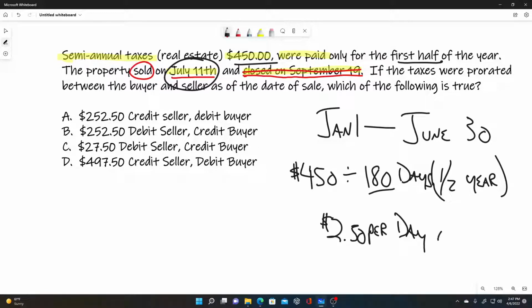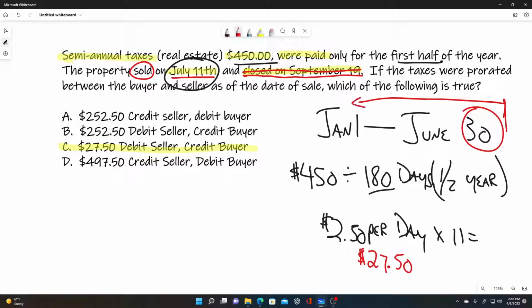Now, if it closed on the 11th, we basically just have 11 days of taxes to prorate. So $2.50 times 11 days gives us $27.50. And the only possible answer with that is a debit to the seller and a credit to the buyer. That is correct. Remember, taxes are paid in arrears, so when that first tax bill was paid, you were actually paying from January 1 through June 30th. So if you're closing on July 11th, you would have 11 days of taxes, and that would be a debit, a charge to the seller, and a credit to the buyer, and the buyer would pay that at the very